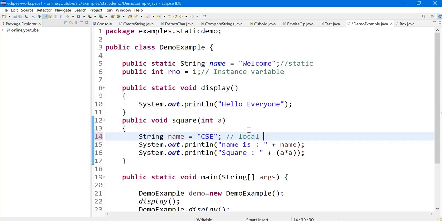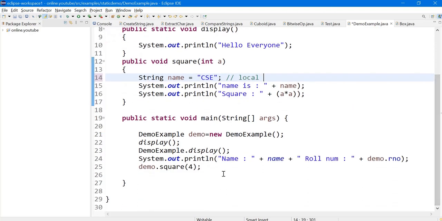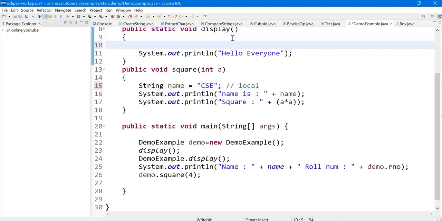The variable which is declared inside the method is called a local variable because the scope of this variable remains just within this method. If you try to invoke this with the help of an object, or if you try using this in another method, you cannot use it because the access is restricted.